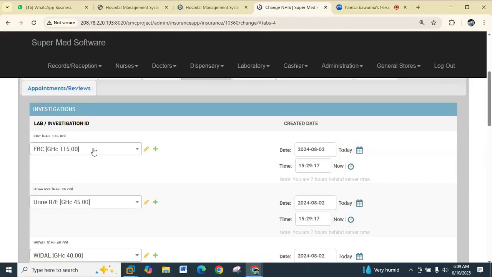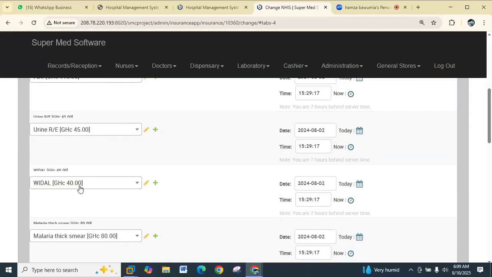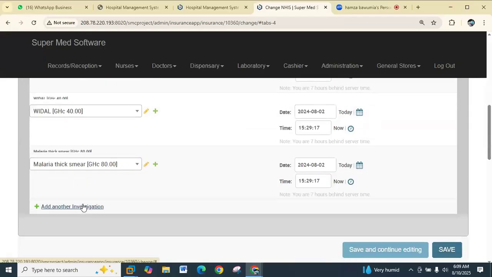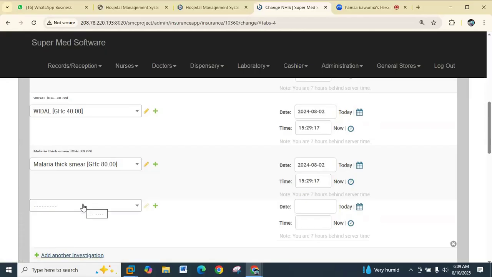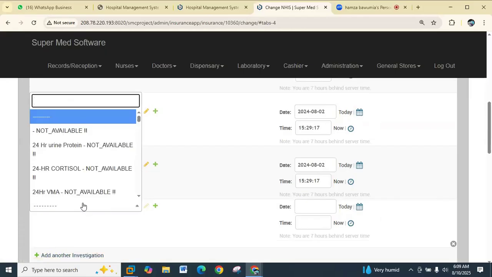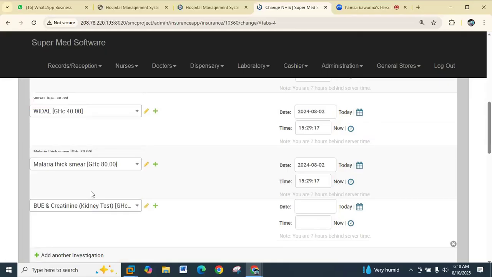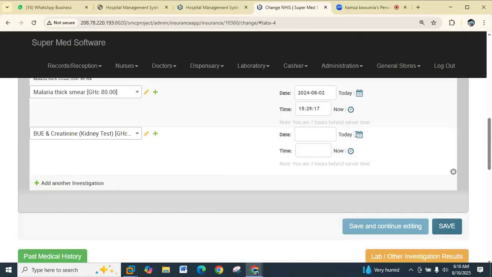Okay, so I'm going to the investigations. Maybe the FBC was done during admission, and then maybe you want to add one more investigation. You can add it or edit it. So you can decide to add maybe urea and creatinine, and then you save. In that case, you have to enter the date to match the date. This was in 2024. So you need to enter a date to match the date, so that your insurance company